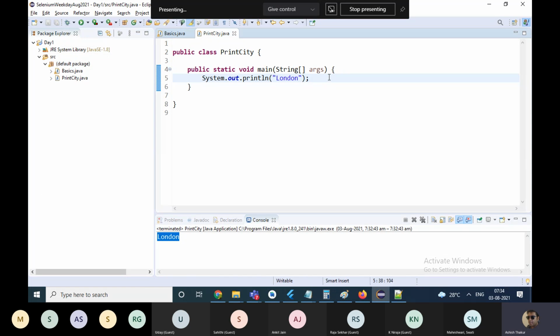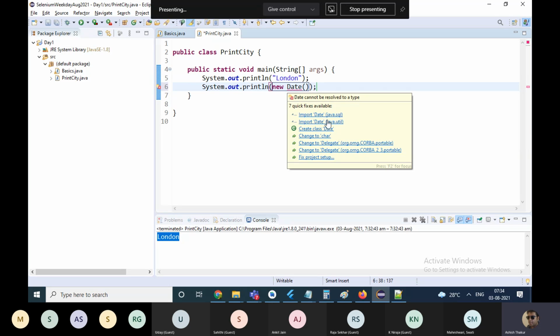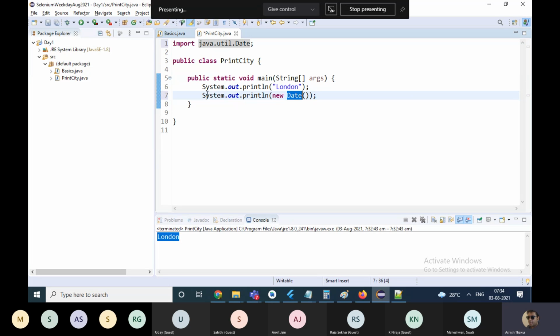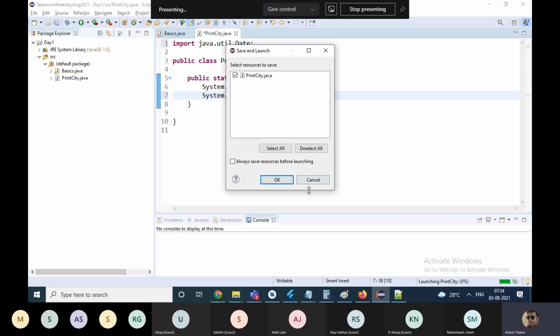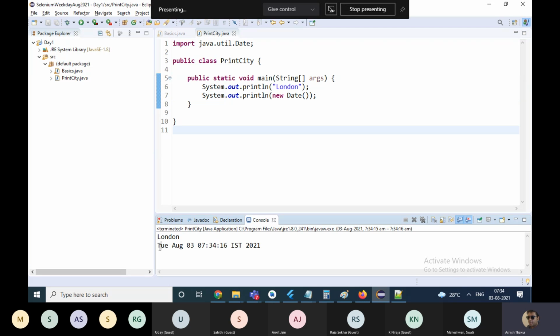For example, if I just write over here new Date, and forget about what new is for some time, and I give this command System.out.println(new Date) and run it, it's going to print the current day, month, time, date, everything.